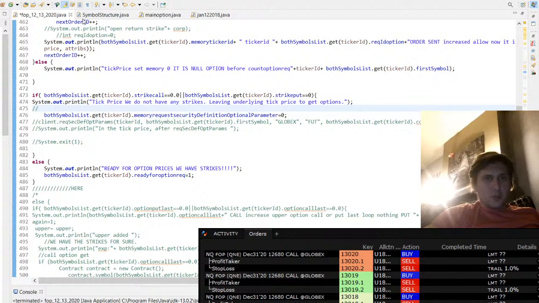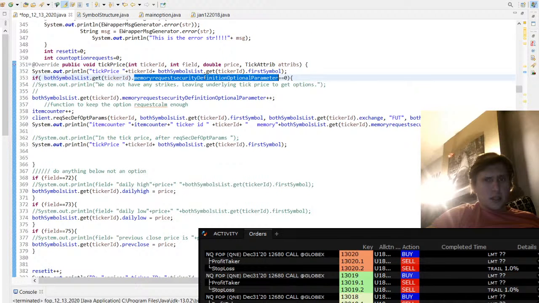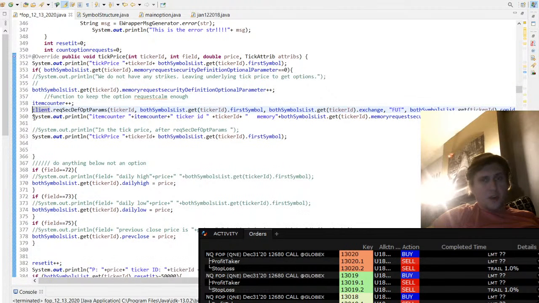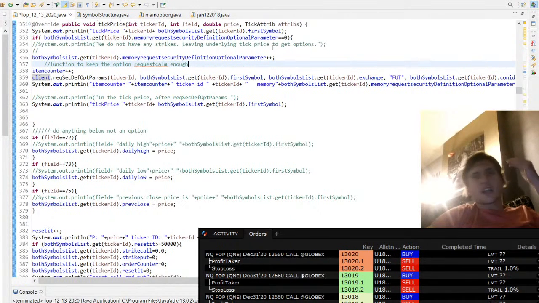And we set this new variable we put in the symbol structure, you saw me create it the other day, memory request security definition optional parameter, and that's stored in the symbol structure, and it's originally 0. The reason we put a gate on that is because if it's 0 in the first tick price, we said if optional parameter equals 0, that means do the client request for strikes and expirations. But if it's not 0, immediately when we make that request, we increment that memory request security definition optional parameter by a positive integer, because if we didn't make that increment and didn't make a gate and protect it, we'd have a continuous option strike expiration request